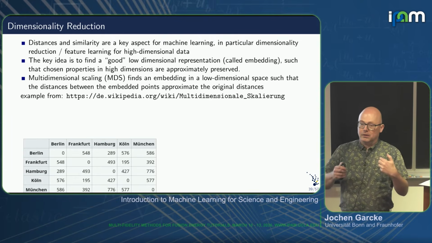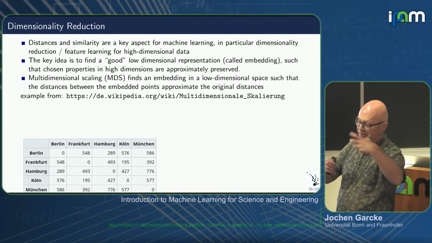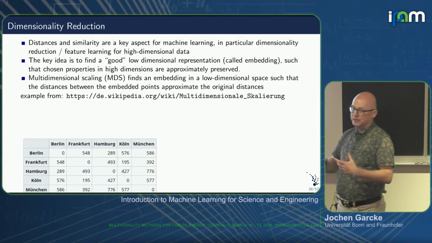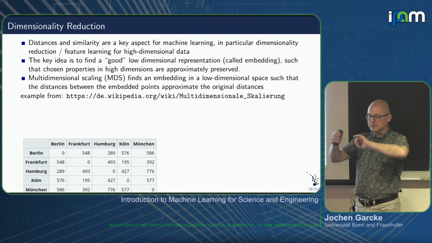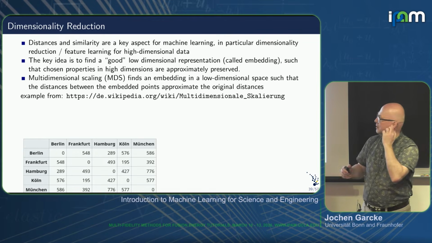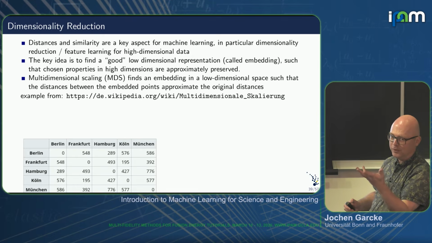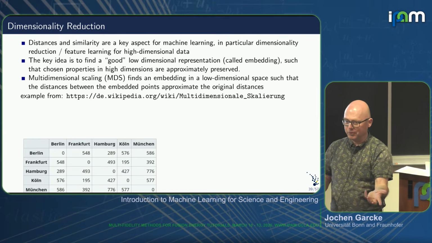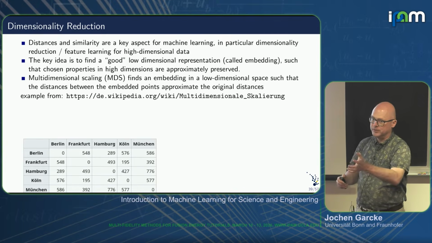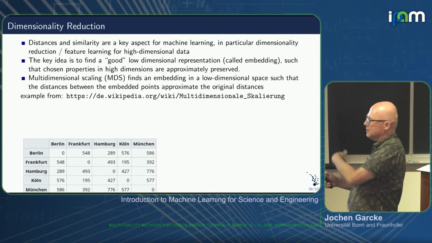So given similarities or distances of two data points and all pairwise similarities, I want to find an embedding, a low-dimensional representation, such that the distances in the low-dimensional one are more or less the same as the original ones. This is the idea of multidimensional scaling, which is a dual view of PCA. One uses a covariance matrix, and multidimensional scaling uses a Gram matrix, a matrix of scalar products. And you can convert scalar products to distances.